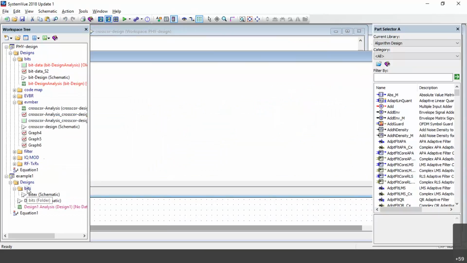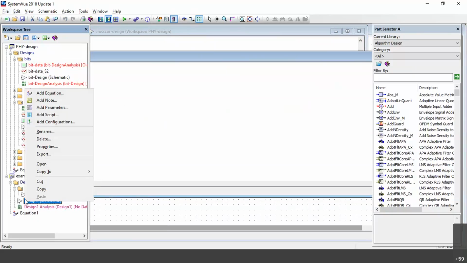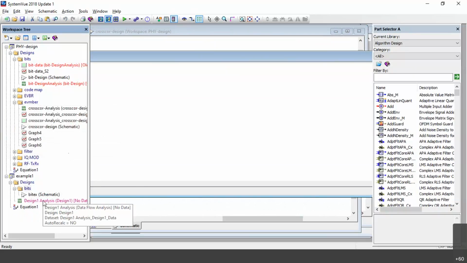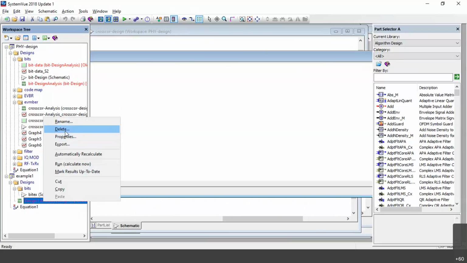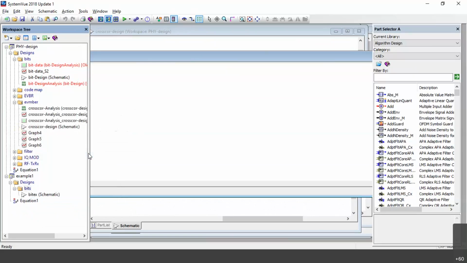See here, when I say bit example, it has created a schematic. If you don't want the existing one, just right click, delete.